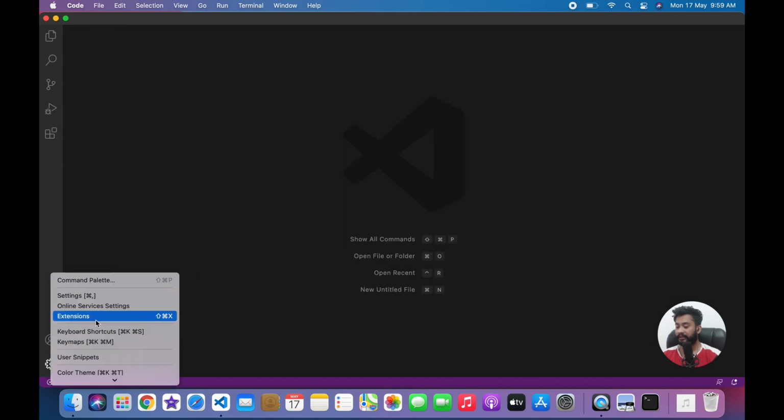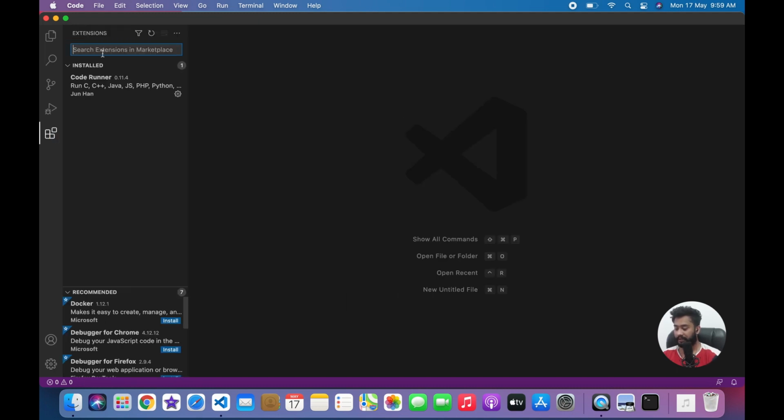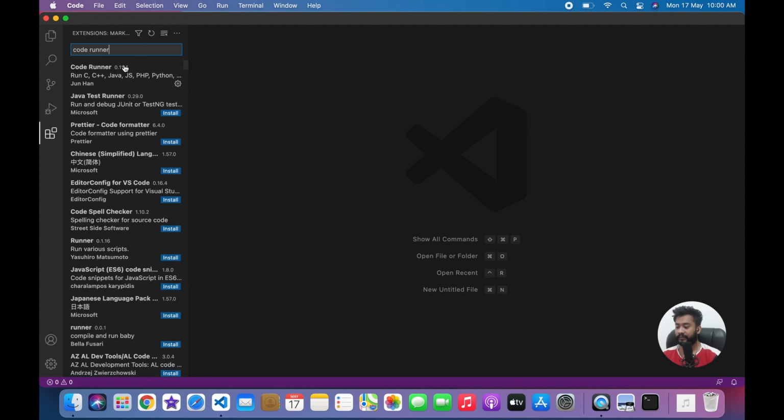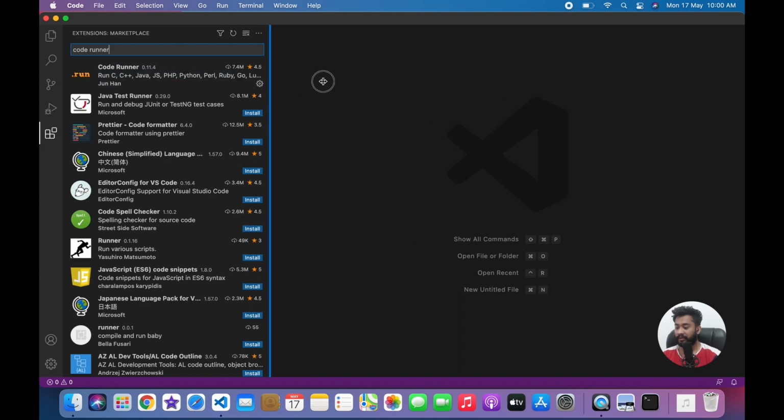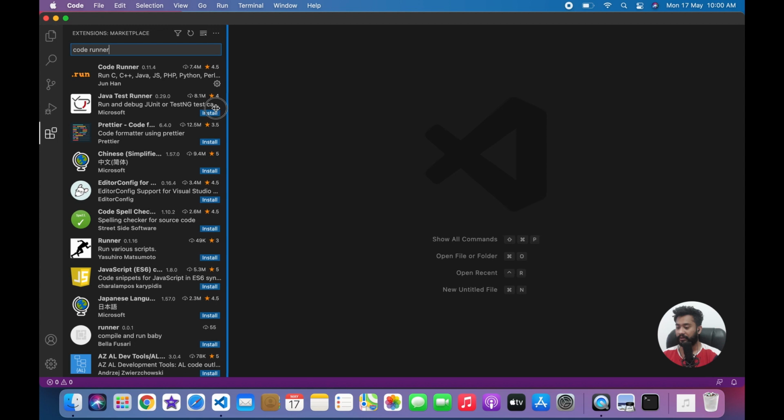And click on settings and go to the extensions. Here type Code Runner. Okay, you have to click on this extension Code Runner. Okay, you can see you can run a lot of languages in this Code Runner: C, C++, Java, JS, PHP, Python, Perl, Ruby, Go, Lua, Groovy, PowerShell, CMD, Bash, and a lot of other languages are here that you can run